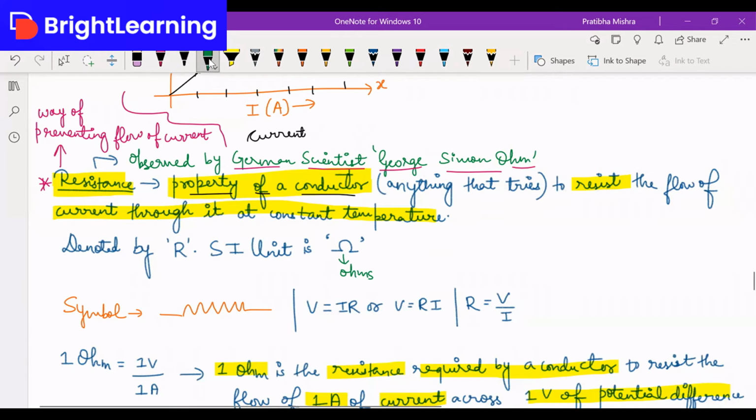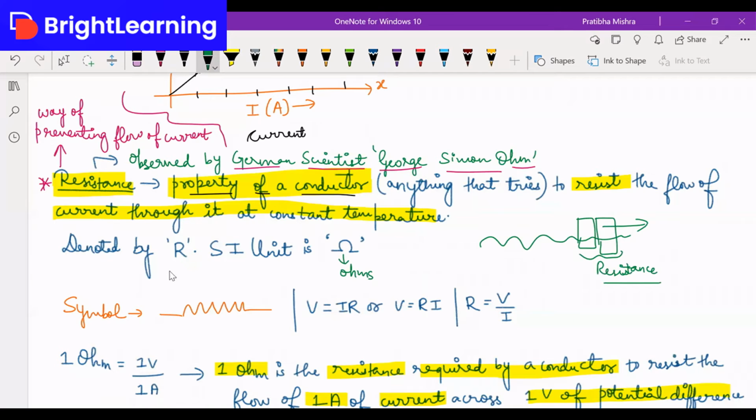So always your conductor will not easily allow the flow of electricity. Suppose the flow of electricity is going on, there will be somebody as an obstacle which will prevent it from moving further. This obstacle is your resistance. So at some points the current cannot flow through a few things properly. Those are your points of resistance.